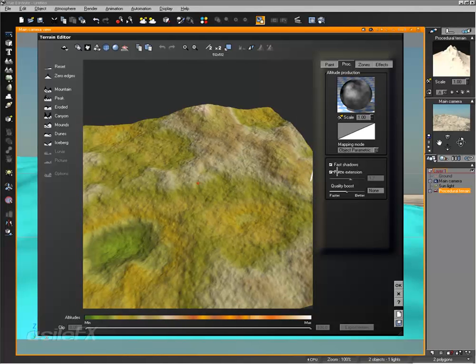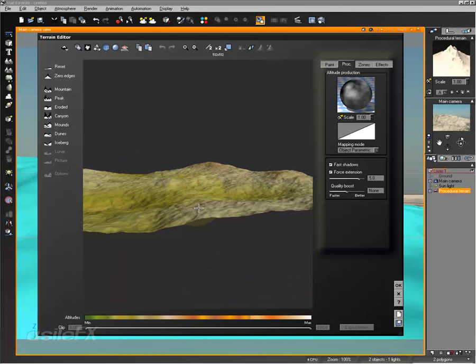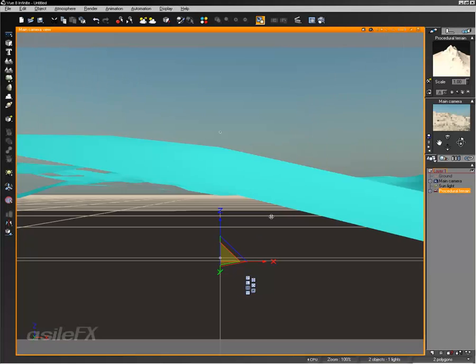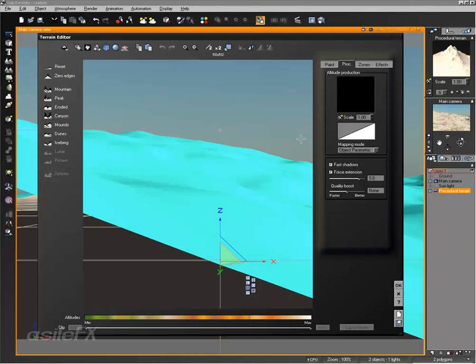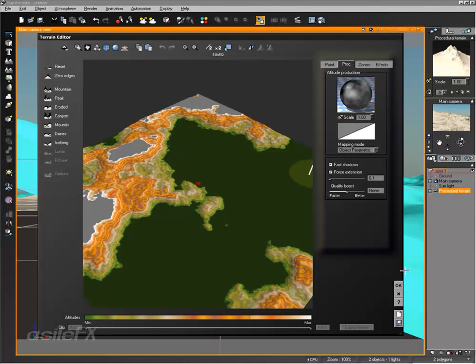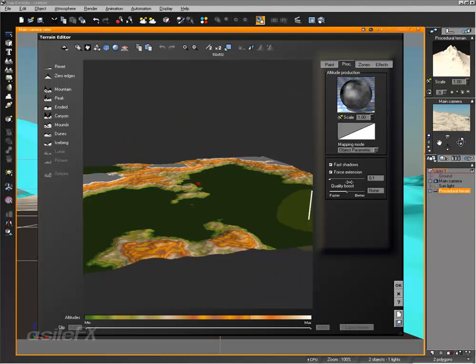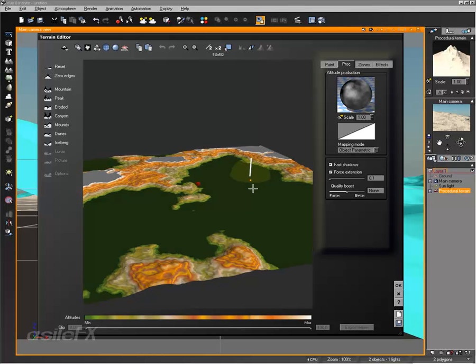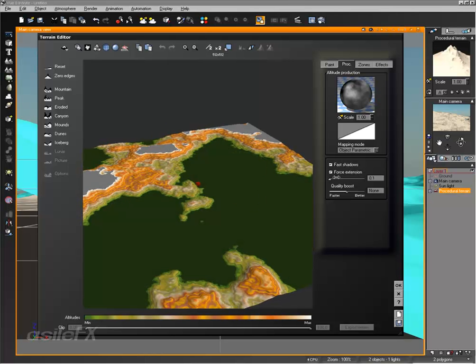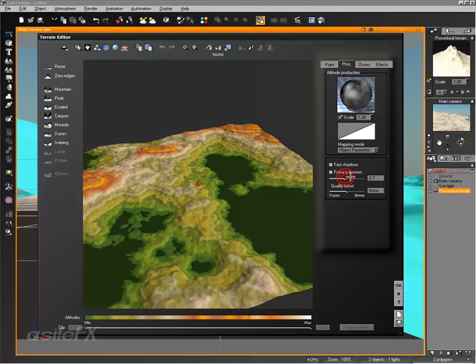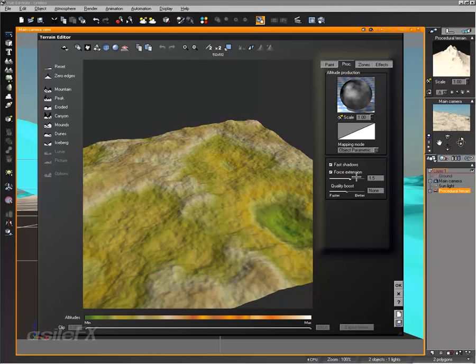If that doesn't work, and it's not refreshing, you will have to type in a manual value, just pushing the terrain up. Now, this will move it above the pivot within the scene if the value becomes too high. And now what you can see, if I bring the force extension down to 0.1, we're clipping out the entire terrain. So it's raising the Z scale and can often raise the Z position depending on the scale of the terrain. So if you ever run into that problem, you can